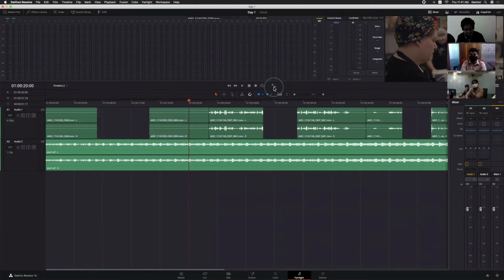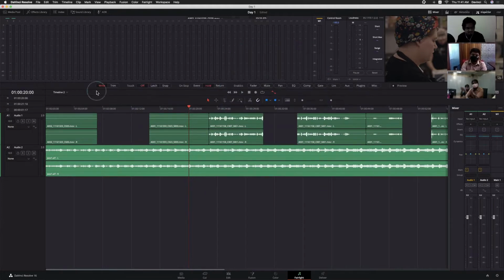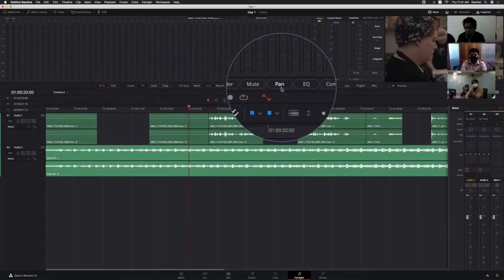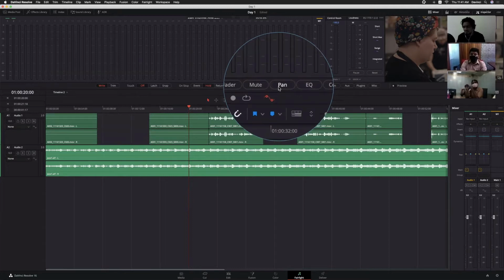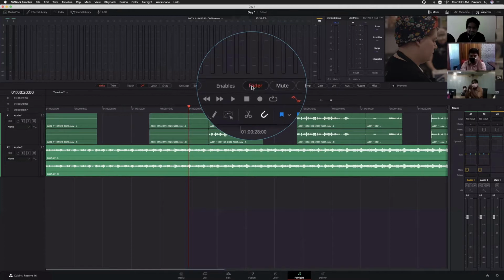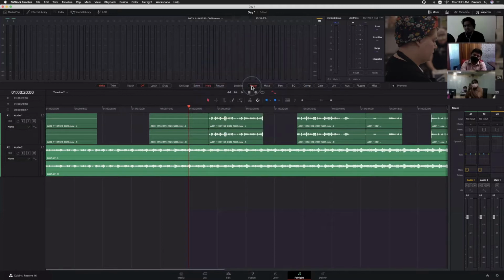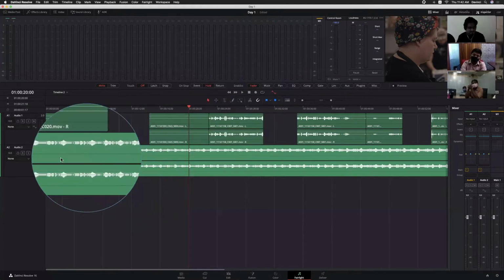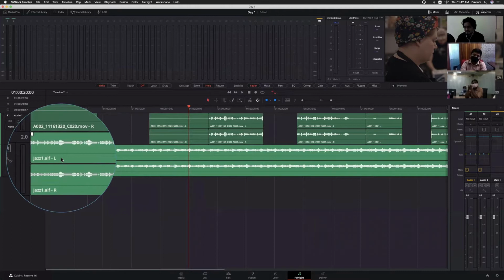Now, just click this automation option. You will get lots of options here, whether you want to add automatic keyframes to pan mode, or you want to go with the fader. Most of us use the fader. Fader means audio levels, maintaining audio levels, right? So here I am selecting fader, so record keyframes for fader only. And to which track you want to do the automation, anyway we'll do it with the background music, right?